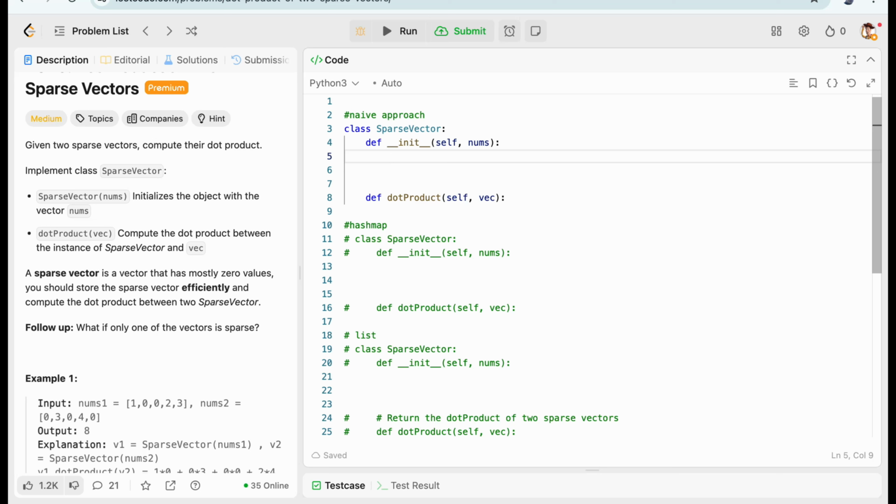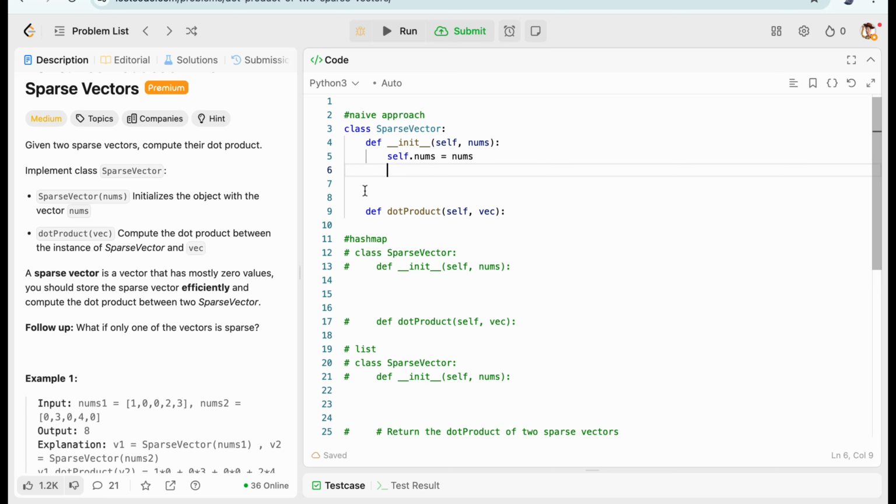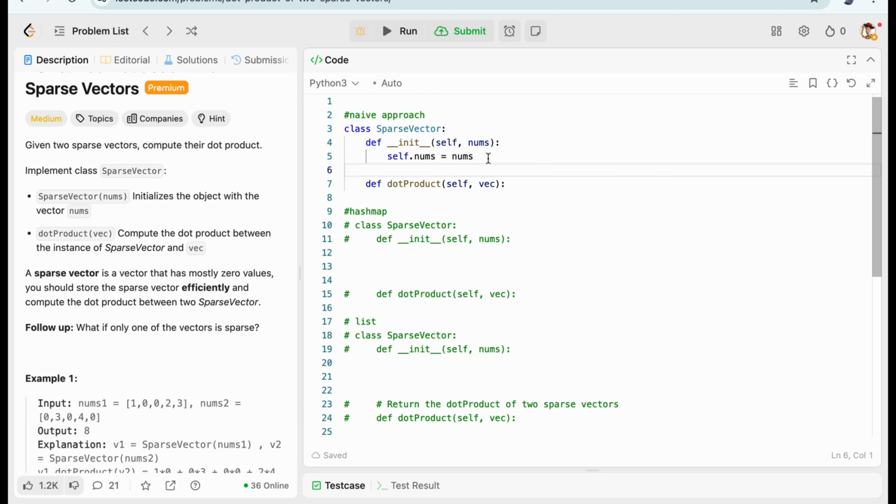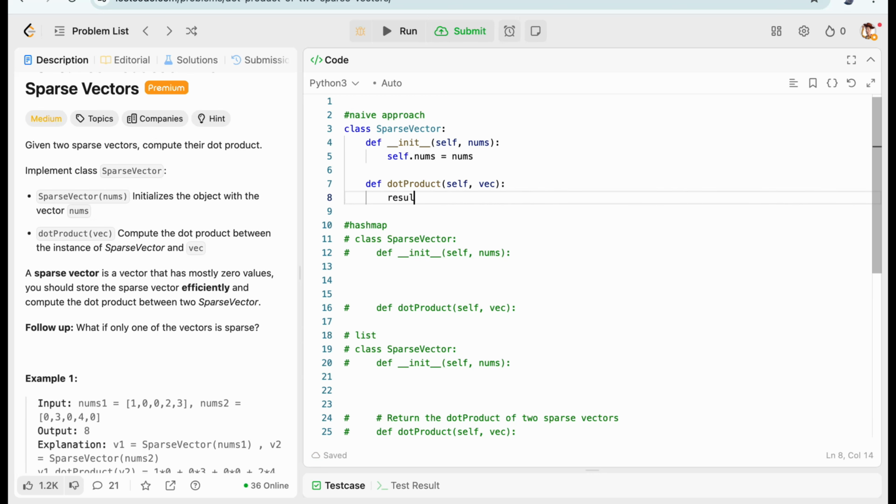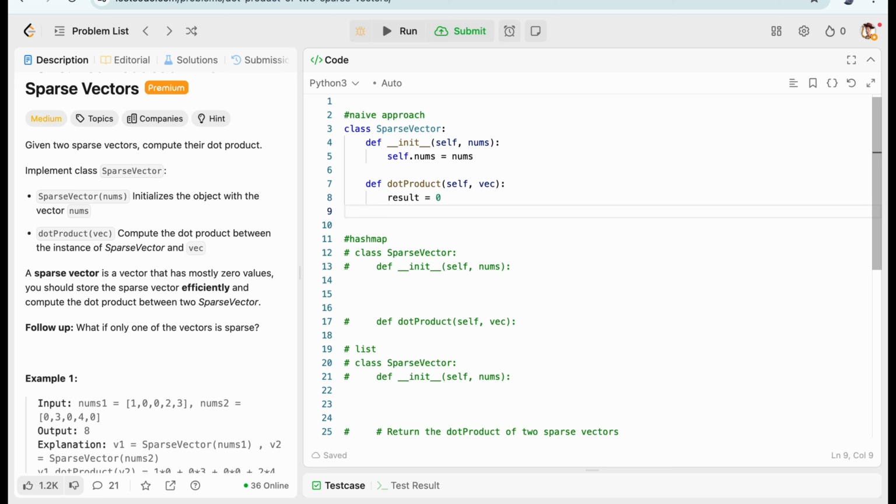Okay, so here I want to implement the tree approach that we already discussed, and you don't need to implement the naive approach and Hashmap approach in your interview. So since we have a class here, we can provide this line, and then at the first step our result is 0, and we can go through